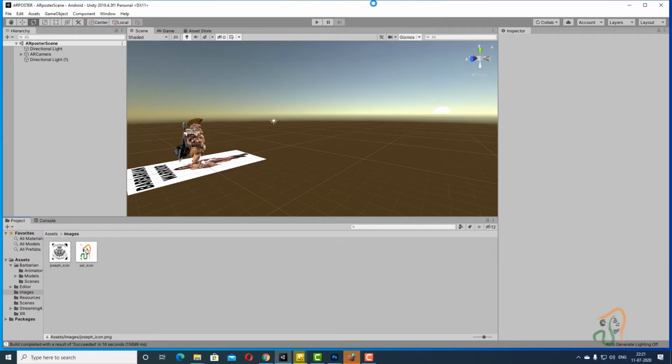In previous versions, you had to download and install all these three packages. But after 2018, Unity has integrated all these packages into its own installation system.